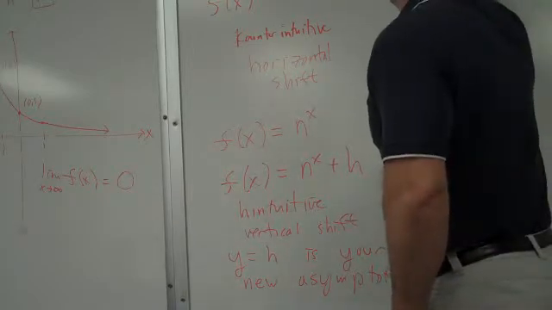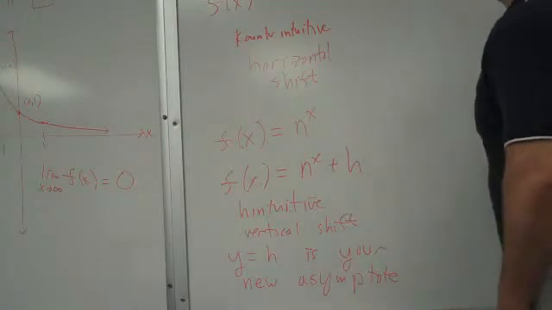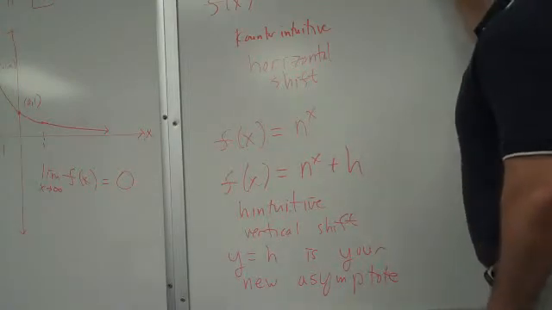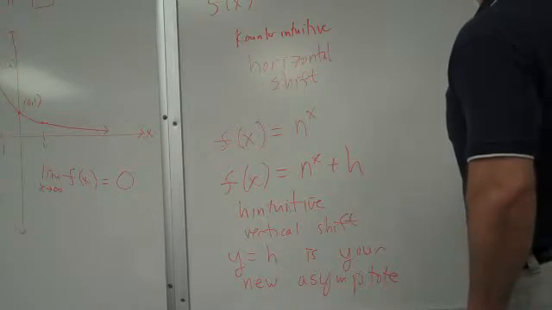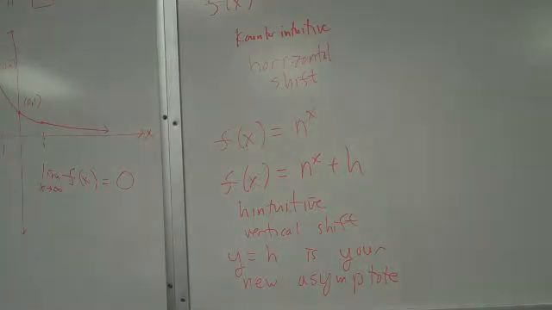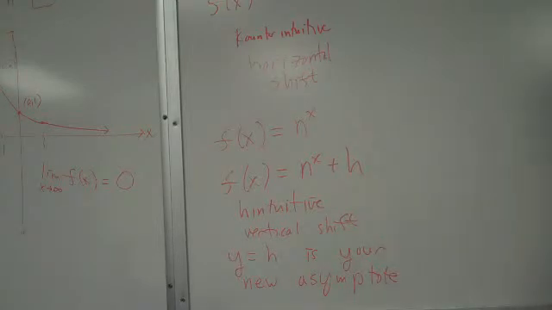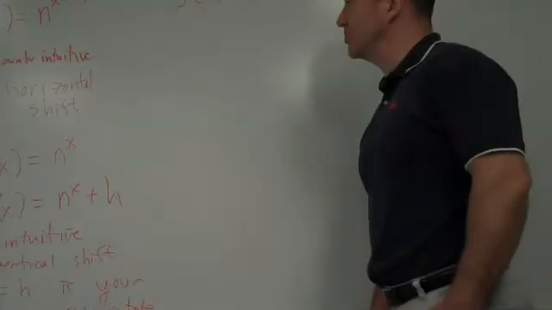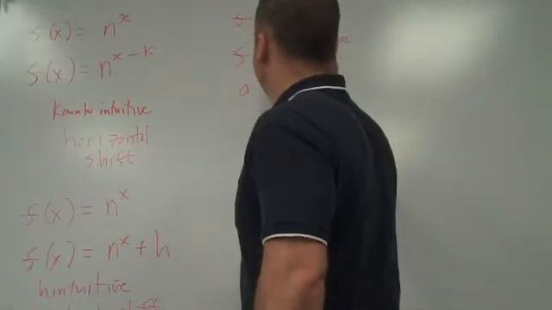Now, you can mix and match these. If I create a new function which has a number a times n to the x, what sort of shenanigans does a always get up to? It's kind of like slope. It's even weirder this way, though. A is less like slope on this than anything else we've looked at. What a does in this case is